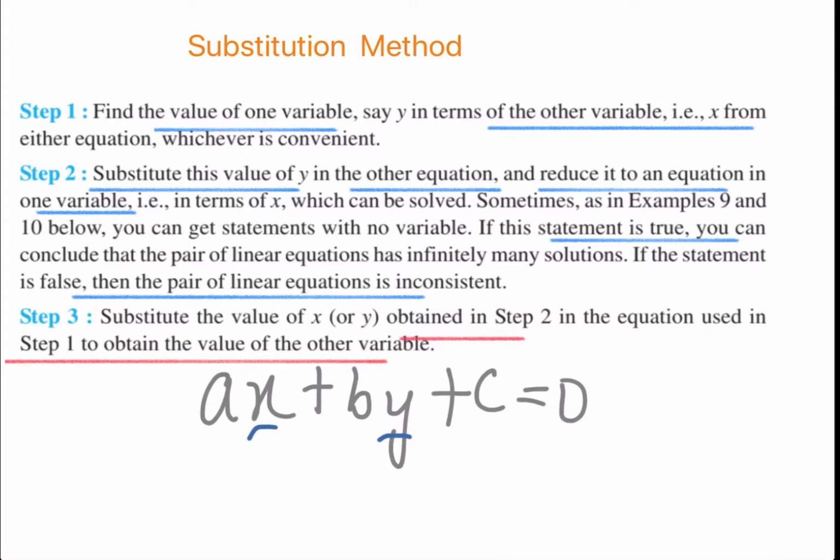Now what I have to do in this method simply is substitute x in terms of y or y in terms of x. That means I have to either express x completely in terms of y, or express y completely in terms of x. That's my choice, whatever I can do. And then of course I will get an equation with only one variable, which I can easily solve. That's what I have to do here.